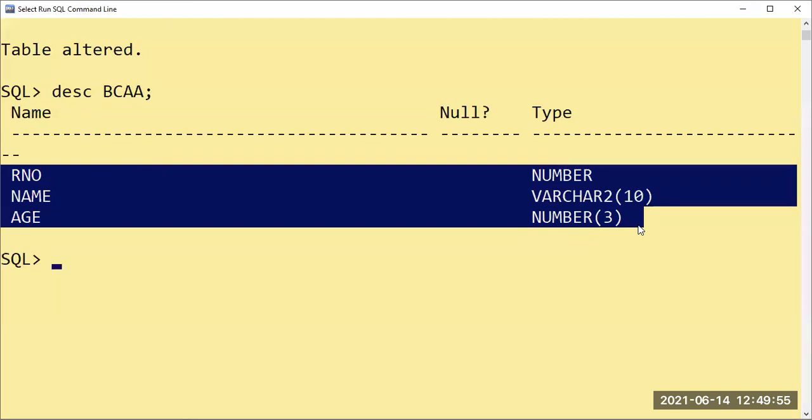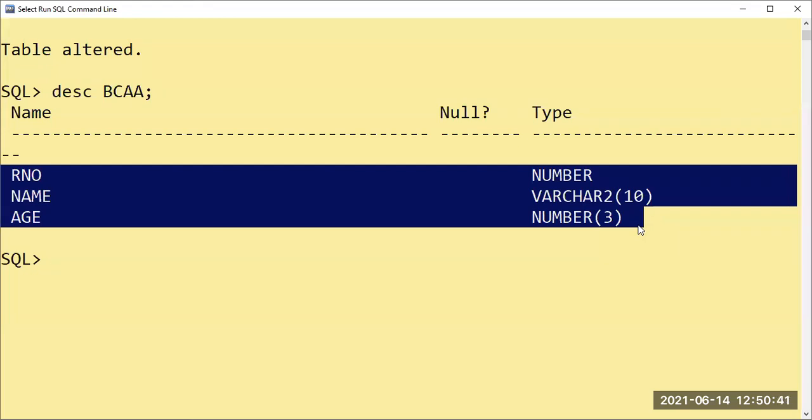Have a look. Then this is the column name. Over.